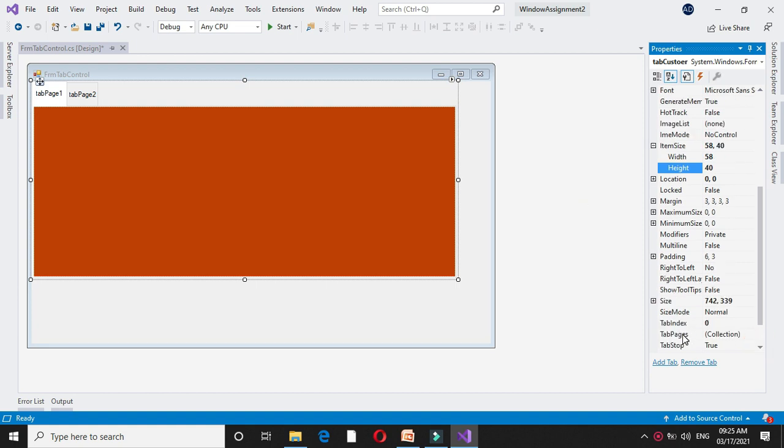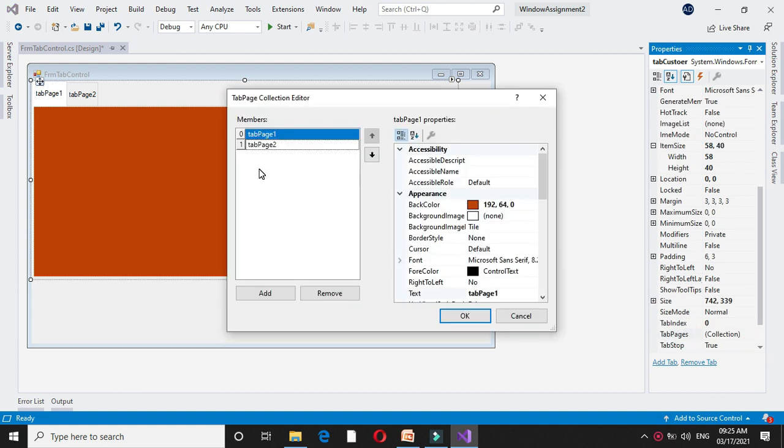Next we will see tab pages. To add a new page or to remove an existing page, we can use the tab pages property. Here we can add another tab by clicking on the add button, or we can remove it by selecting the tab page and removing it. To change the text property of the page, we can select here.